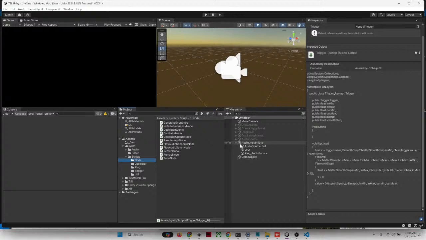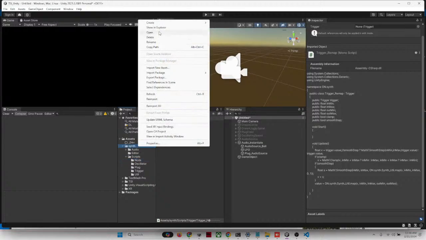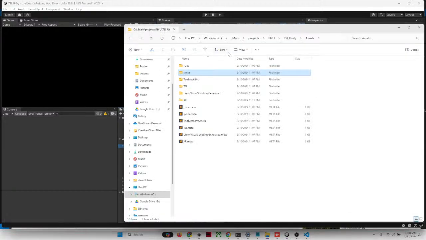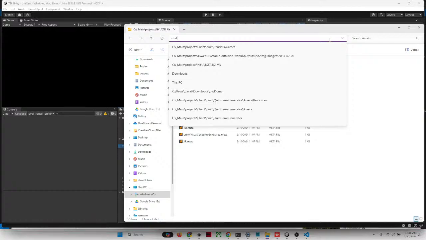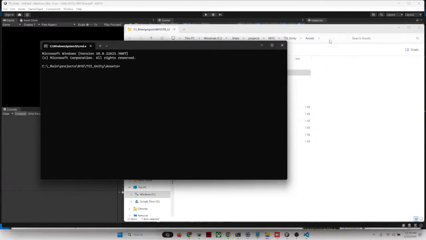I'm going to stop this here, and I've made a couple updates to the synth package, and what you're going to need to do is, I'm going to show this in the Explorer. If I go to my Explorer window and type command space dot, and I want to go into my synth package to pull the latest stuff, I want to make sure that I'm on the NYU branch. I thought I was in my NYU branch. I guess I'm not. Git branch NYU, and then